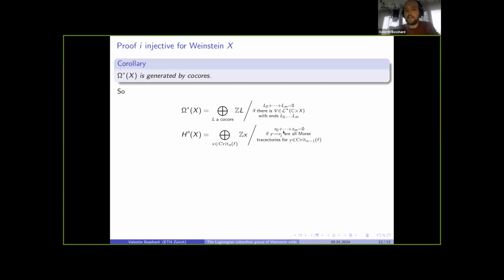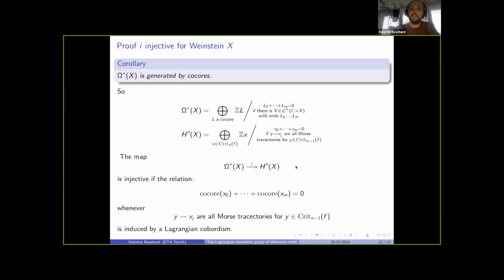And Morse cohomology relations are the following: for every critical point of index n-1, you look at all Morse trajectories that you have to critical points of index n, and then you just say the sum is 0. This is what Morse cohomology is. So what is left to prove is that these relations here, because we already know that from here to here the map exists, so Lagrangian cobordisms induce relations also in cohomology, so we need to prove the other way around,